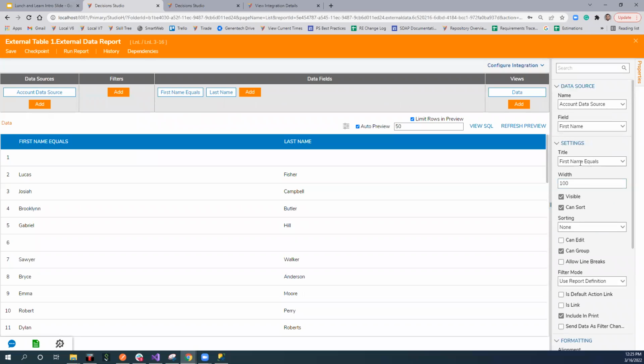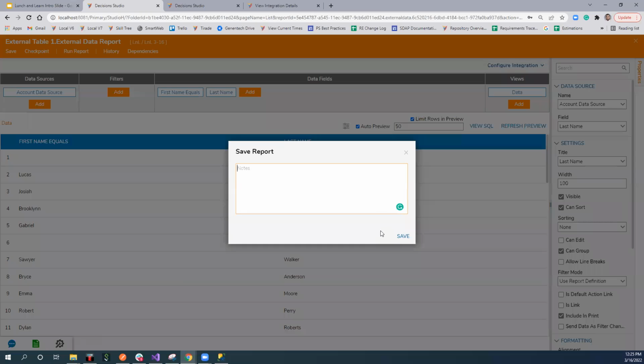So this is now telling the back end that we want to evaluate that rule from column 1 against the first name column on this report. And last name's the same, the output's going to be last name, but it automatically got selected because the name was the same. So if we save this,